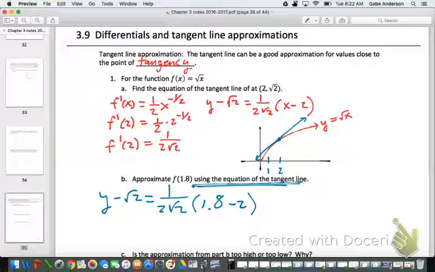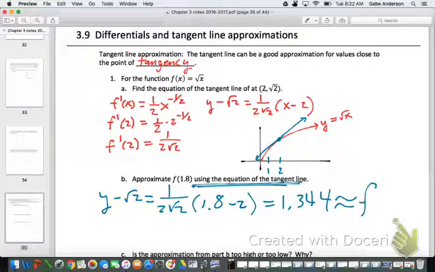Any volunteers for an answer? Yeah, Mandy, what'd you get? 1.344. Are we in agreement on that number? Okay. So 1.344. Then I'm going to put this symbol right here, approximately equal to